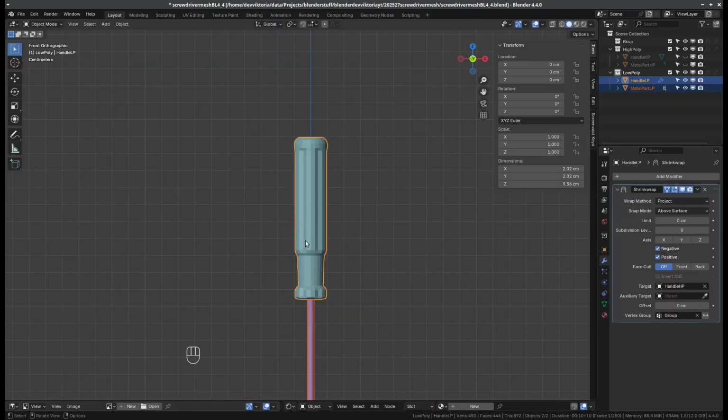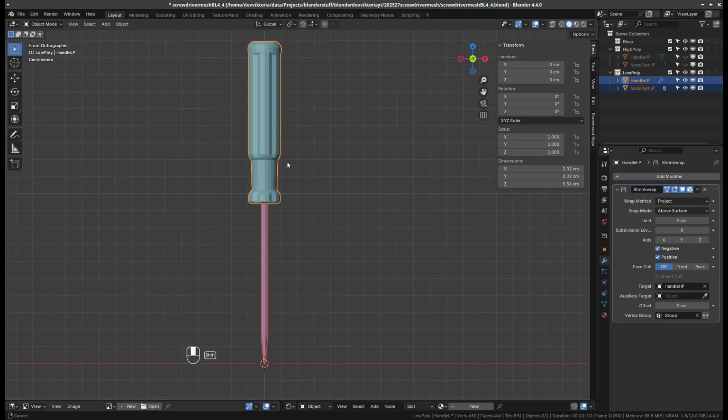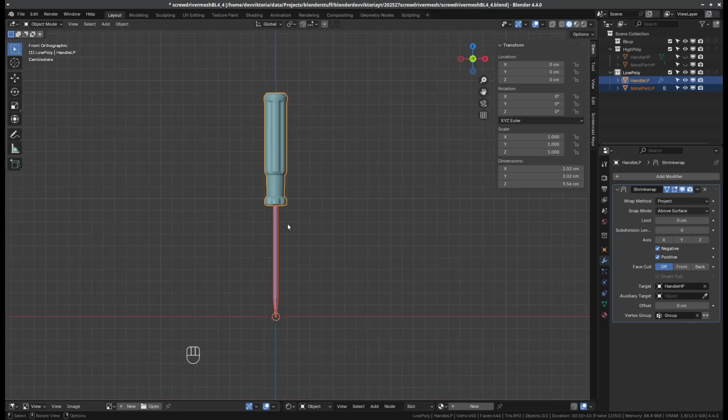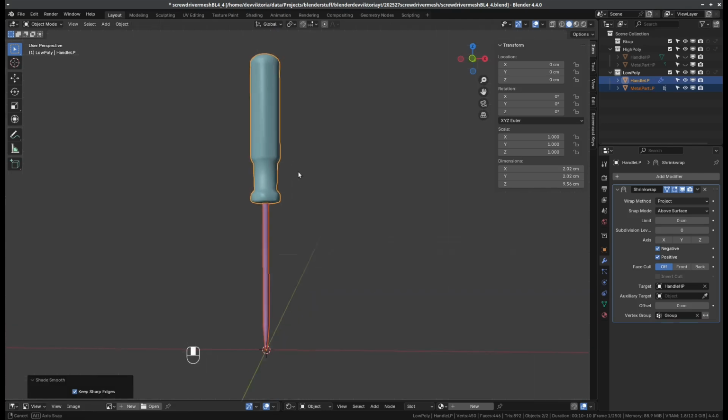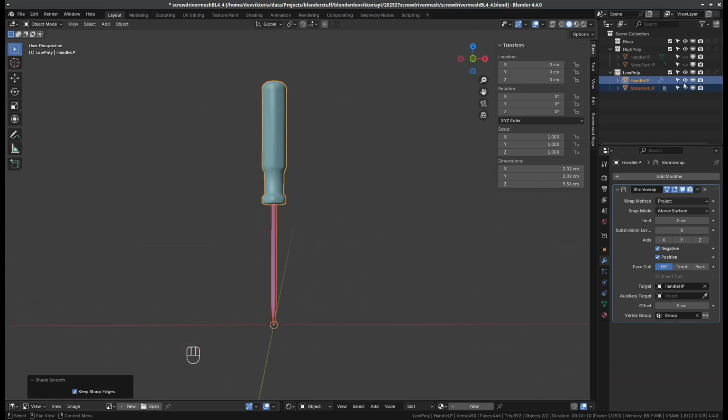But now what I want to do is to check this UV space, and if these high poly, low poly objects are working, is to bake the normals. I am not going to do the texturing, that is going to be the next video, but I would like to bake the normal map so far. So let's choose the shade smooth option here. And now let's focus on the metal part,